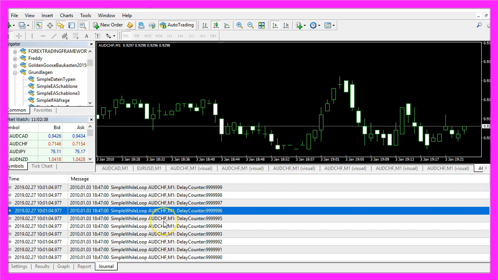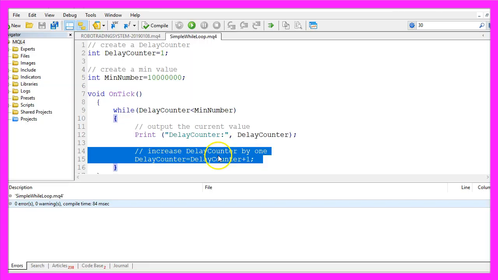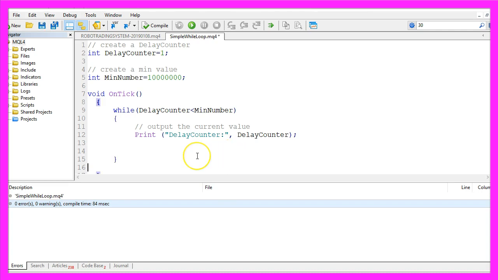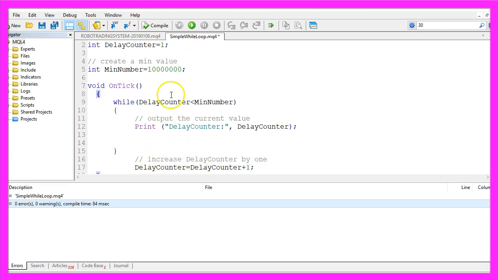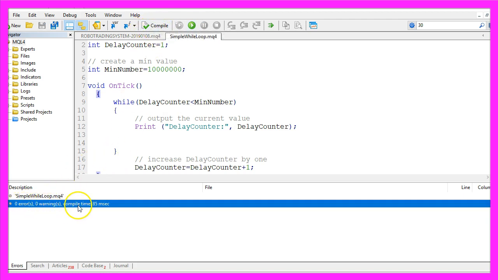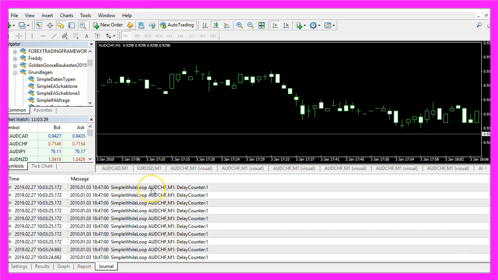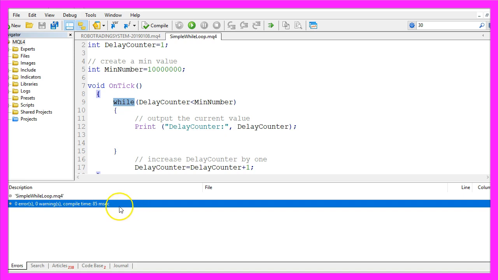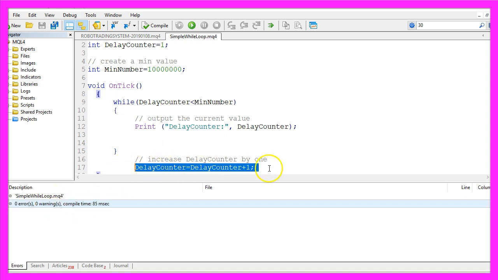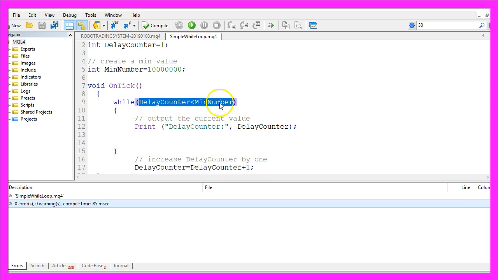That's almost it, but there is a catch. If we take out this part and paste it below the while loop, we can still compile the program. We still get no errors, but when we start a new test, our delayCounter is never increased. We have just created an infinite loop. Nothing is happening. We don't see any syntactical errors here, but as this line is never able to increase the counter, this expression here will stay true forever.